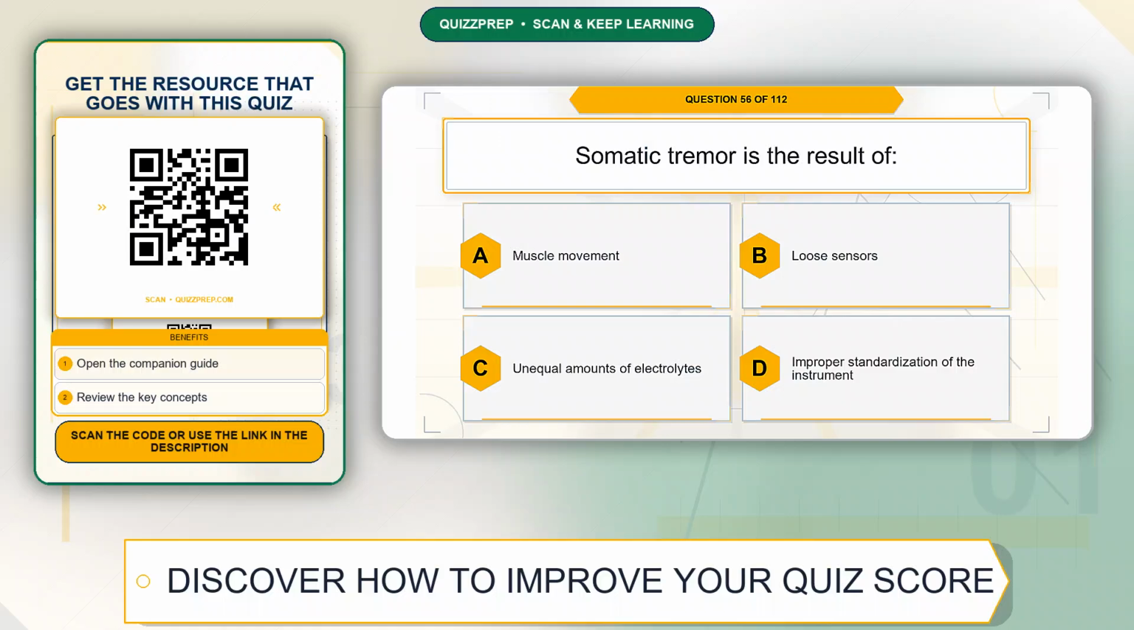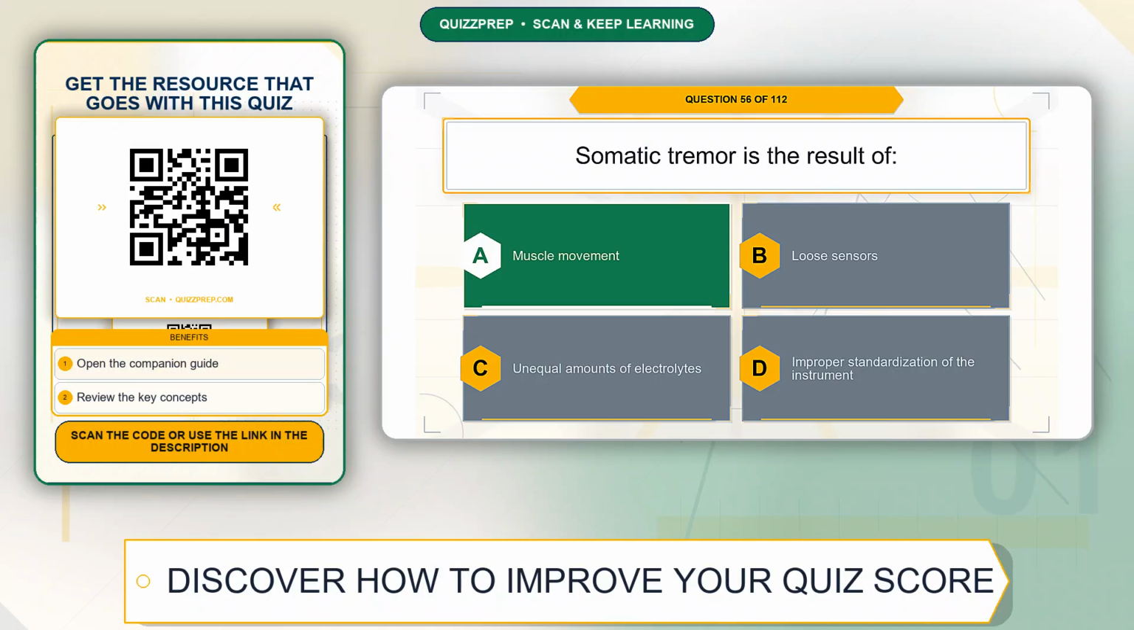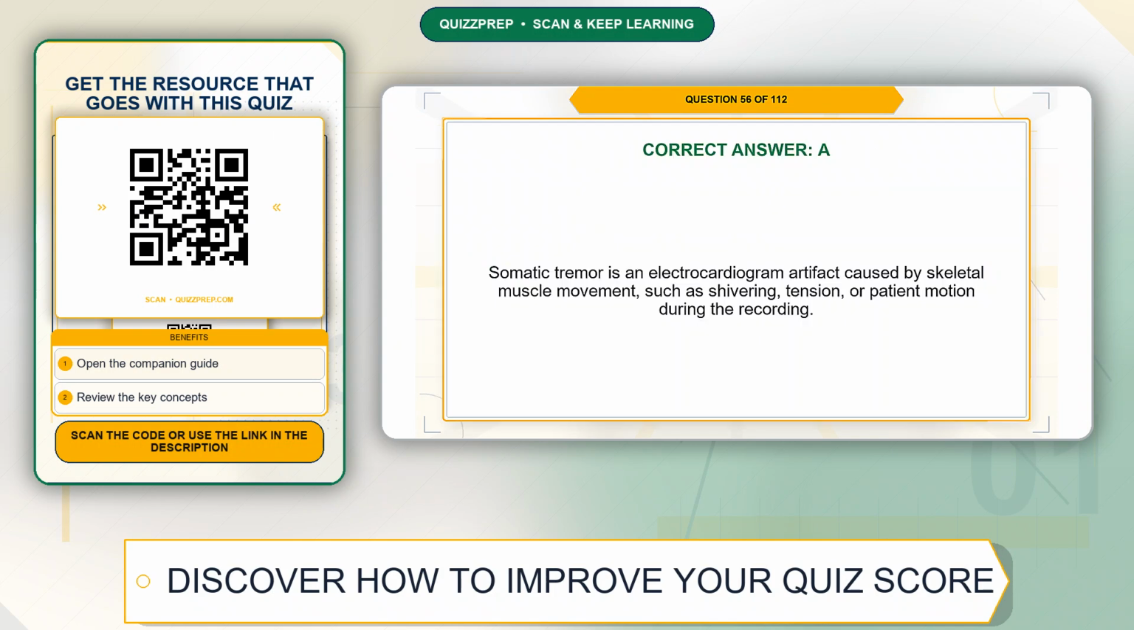Question 56. Somatic tremor is the result of: Option A, muscle movement. Option B, loose sensors. Option C, unequal amounts of electrolytes. Option D, improper standardization of the instrument. The correct answer is option A, muscle movement. Explanation. Somatic tremor is an electrocardiogram artifact caused by skeletal muscle movement, such as shivering, tension, or patient motion during